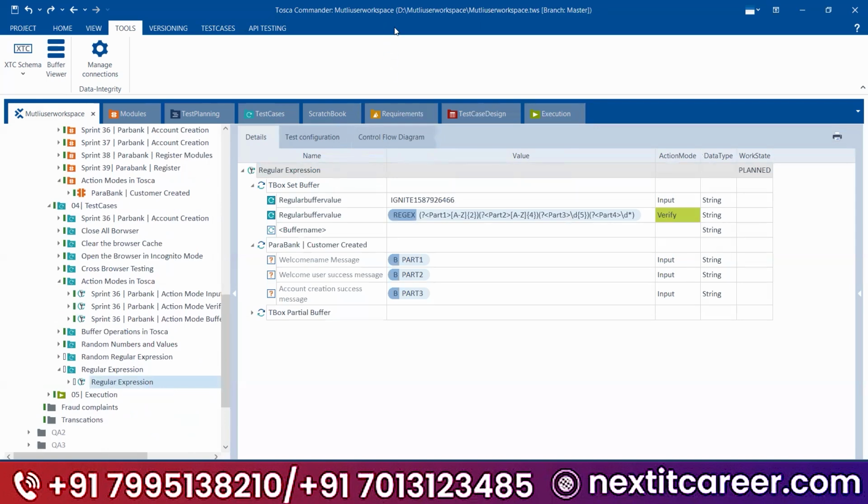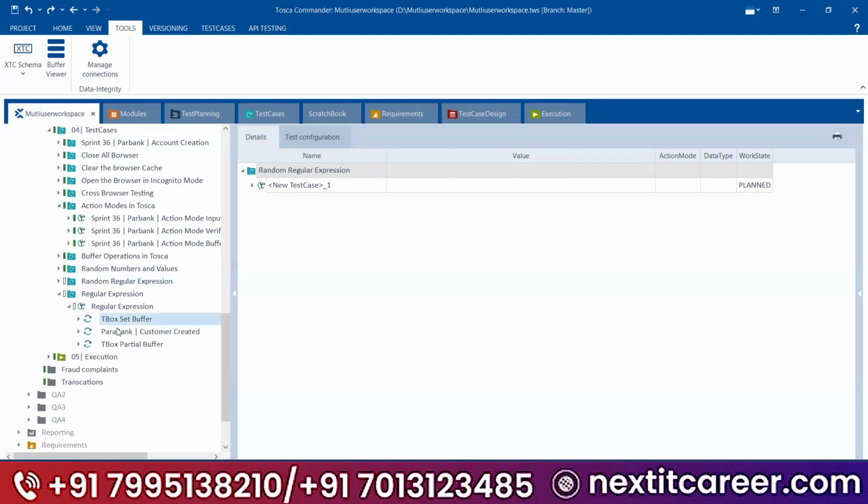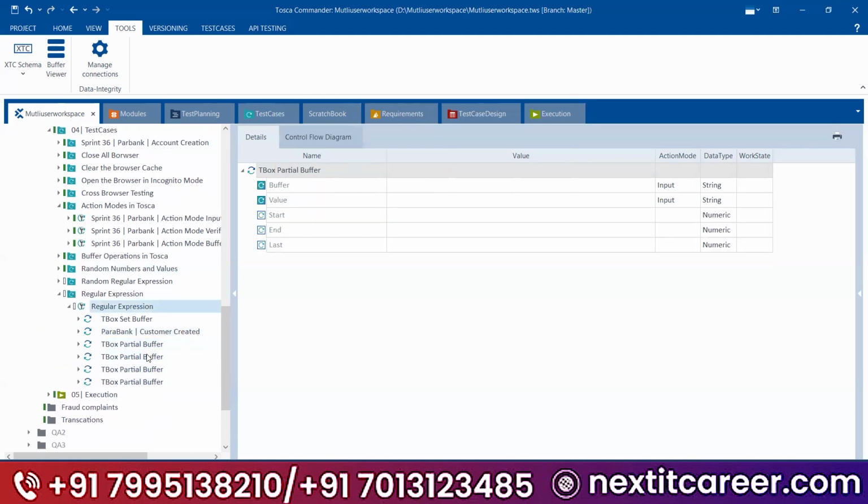What is the advantage of using regular expression over random? We have huge differences. In random numbers, you can generate a random value. Using regular expressions, you can do pattern matching. I told you in yesterday's class, if you want to do the same task using partial buffers, you need to use this many partial buffers.